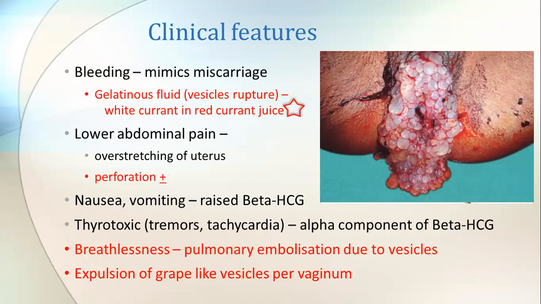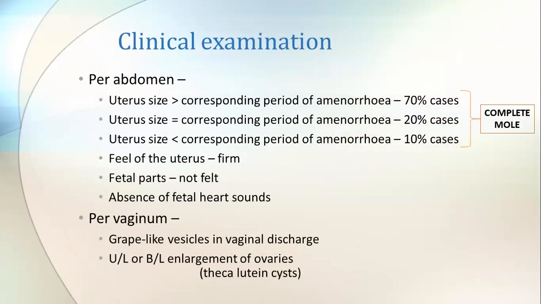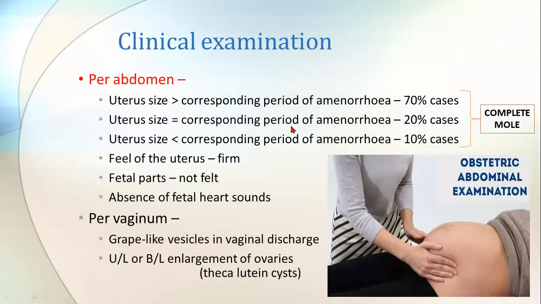Next, what happened? The patient now came with the symptoms. Now we have to examine her. We should know what to do. That is examination, the perabdominal examination. Normally, if you take an example of 16 weeks, the fundus should be below the umbilicus. But here it is more than that. So it may be an example of hydatidiform mole or molar pregnancy.